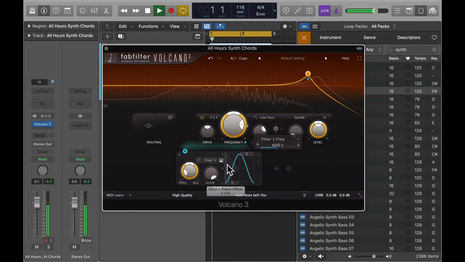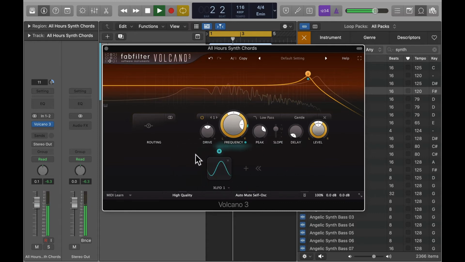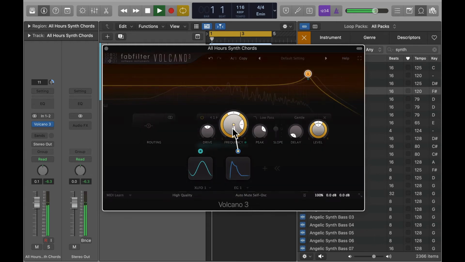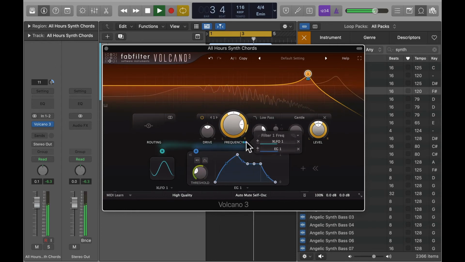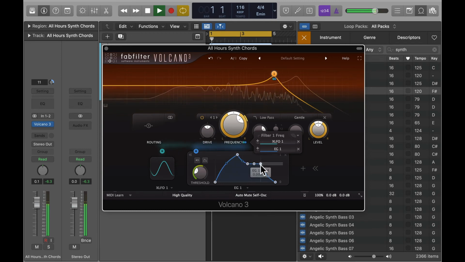and you can close that so that you don't have to see it anymore, and add another effect, and you can add an envelope generator, assign that to the cutoff frequency as well, and similarly you can adjust the extent to which the envelope generator is going to affect the filter. So now you've got a filter that's opening up from the cutoff frequency. So if you turn that down a little bit, it starts off at a lower frequency and then opens, and you can hear the effect it's having,